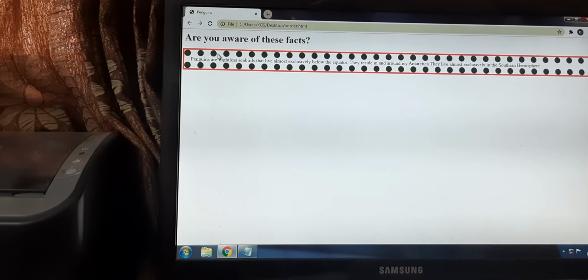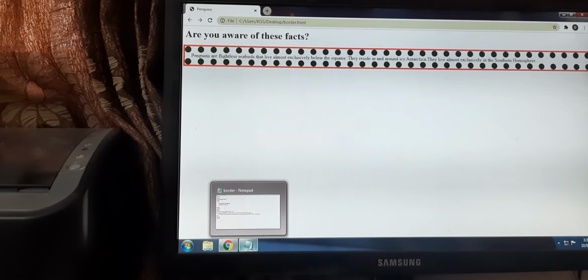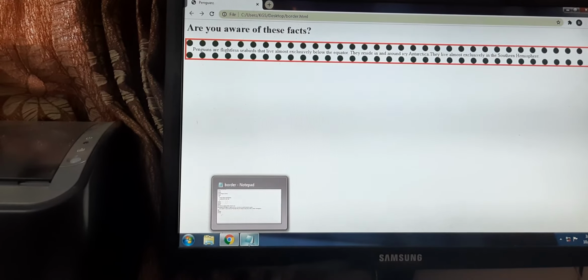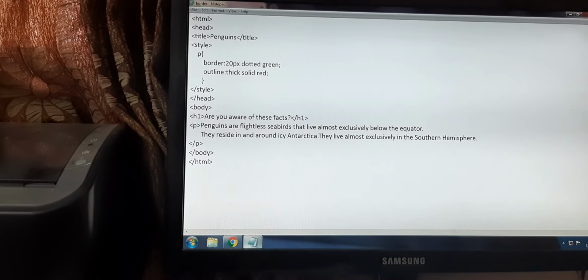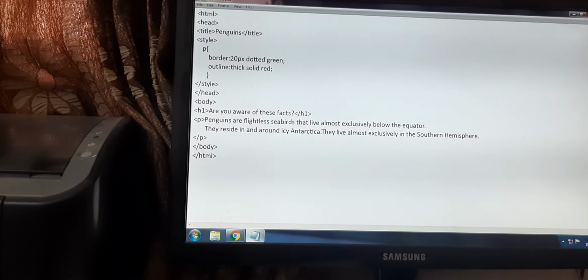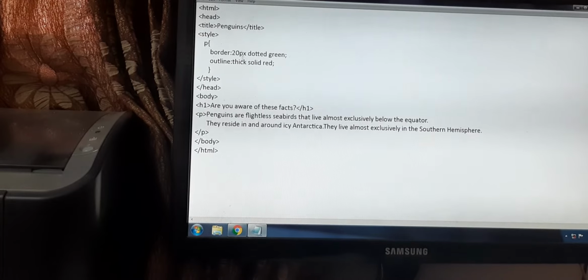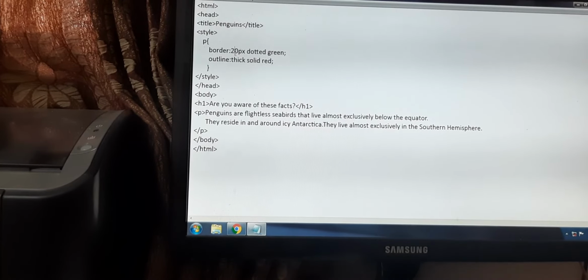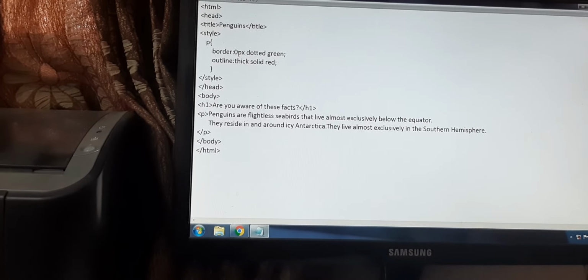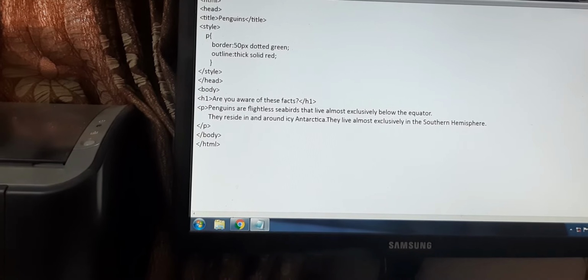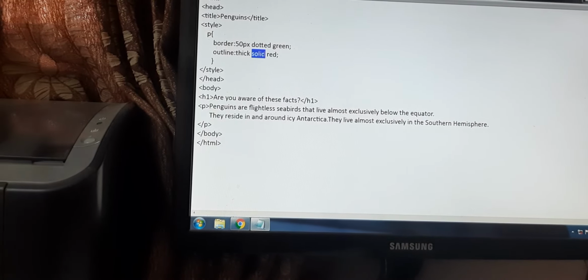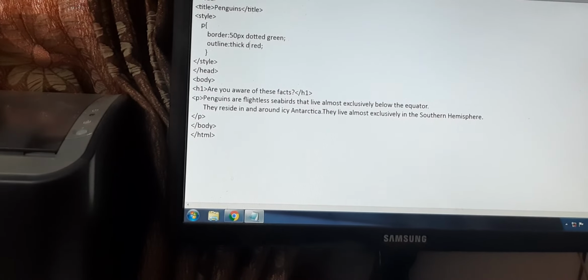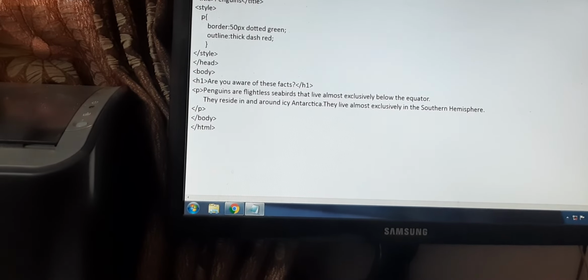Now I'm just going to make a few changes in the program so that you will understand how it makes a change in the output. Here, instead of 20, I give it as 50. Instead of solid, I'm typing it as dashed.